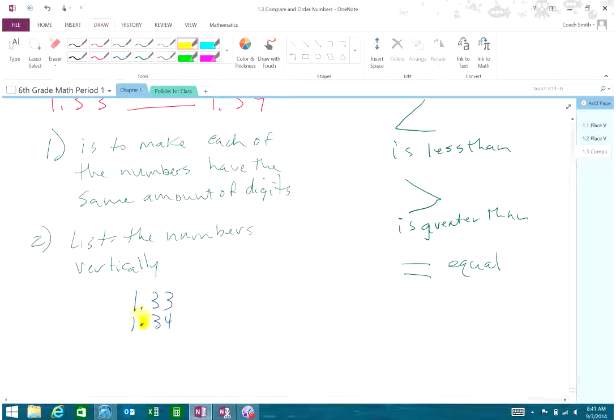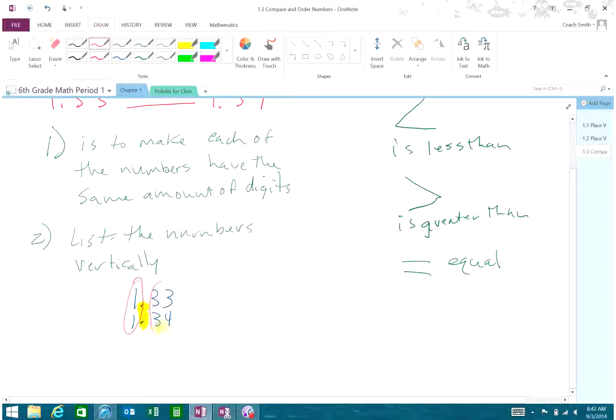You want these to be lined up over each other, okay? And what that does is it helps you identify the numbers that you need to be looking at. In other words, these two numbers are the same, so I can't compare them. These two numbers are the same, so I can't compare those. The two numbers that are not the same are these,